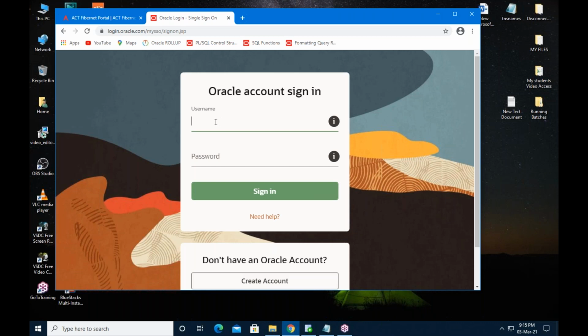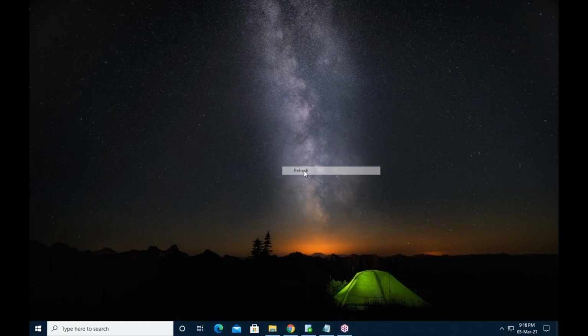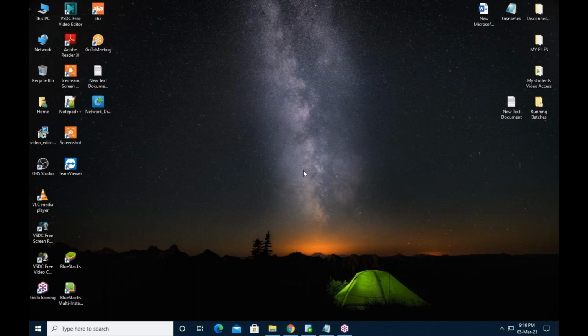Once you submit username and password, your download will be started. In this way, you can download Oracle 19C from oracle.com.